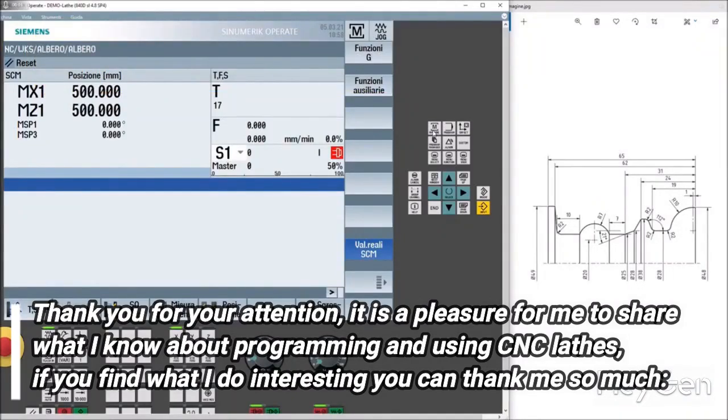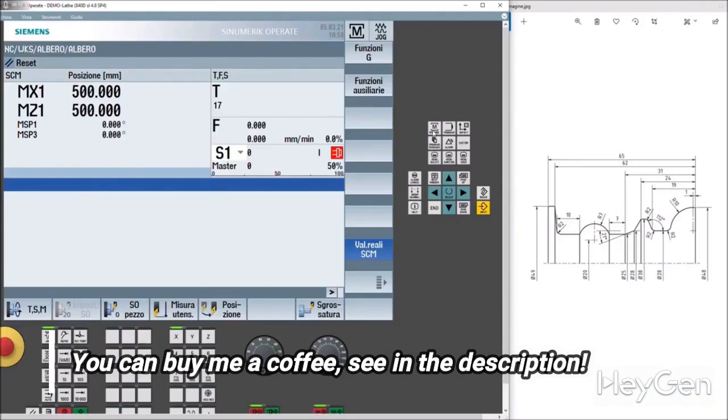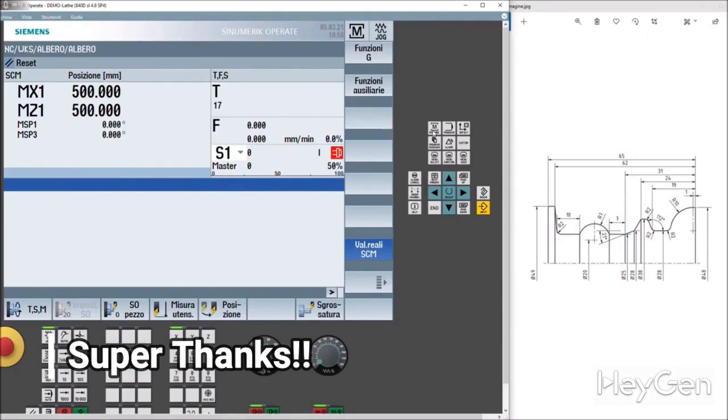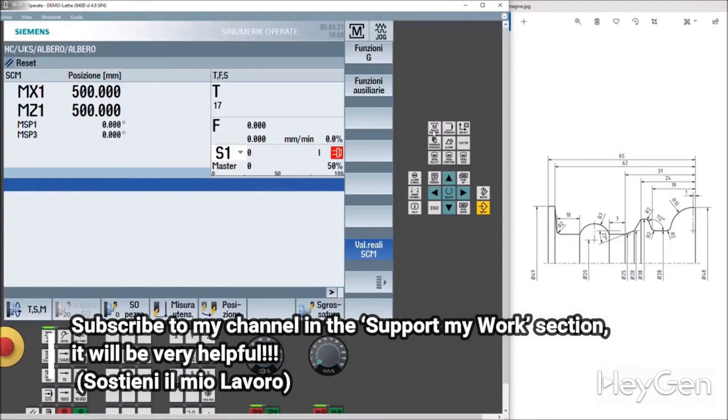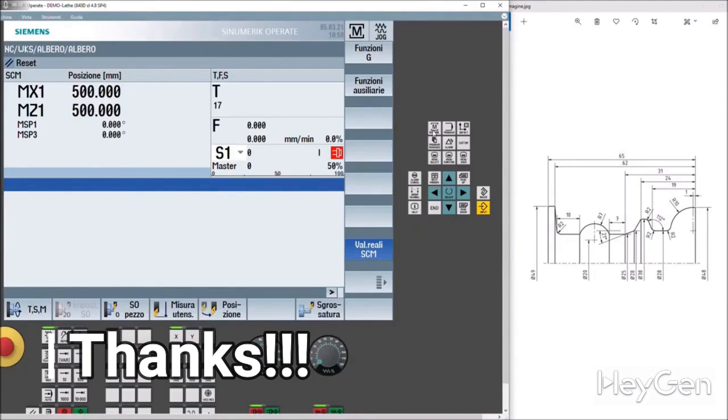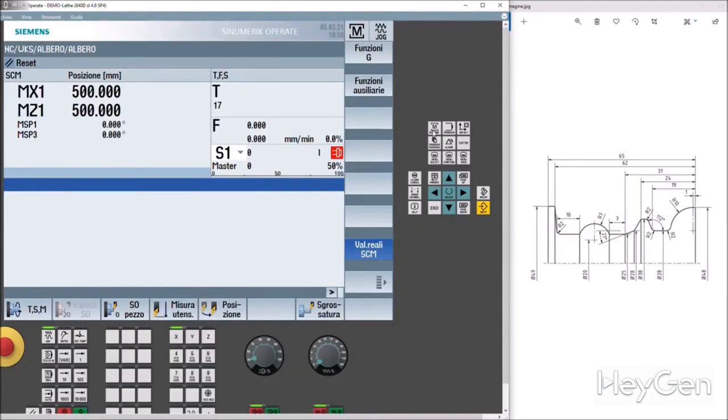Today we're going to focus on this, and we'll try to do it fairly quickly. To demonstrate the capabilities of Shop Turn, we're going to create the part you see on the right by hollowing out that entire profile using a cutoff tool. Who has already programmed turning using a cutoff tool in ISO? You know perfectly well that if you don't take into account the thickness every time you move either at the tip or at the shoulder of the cutoff insert, the profile will be incorrect.